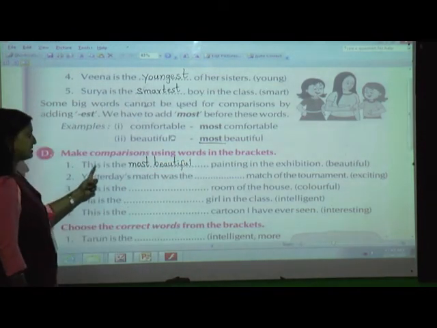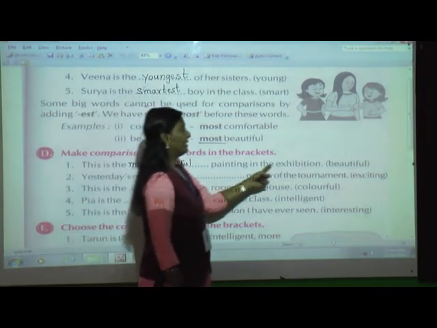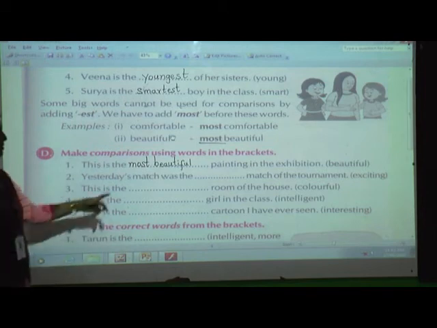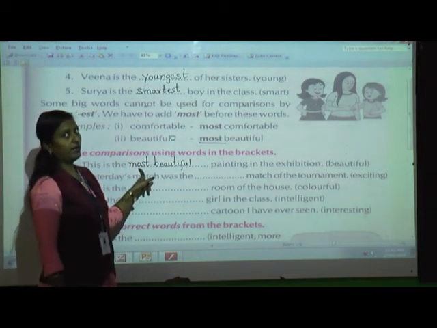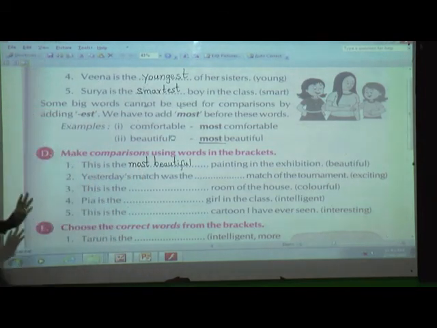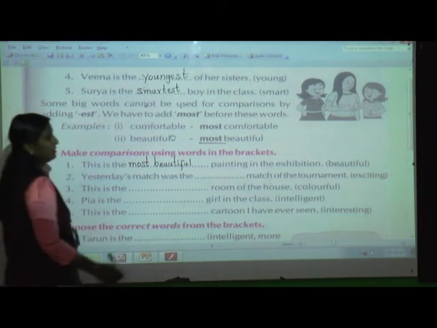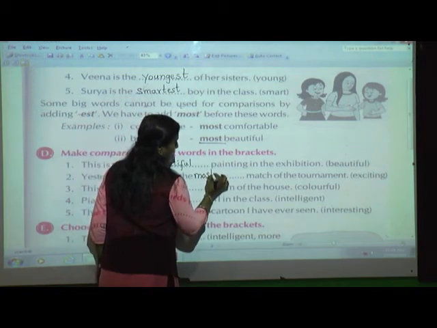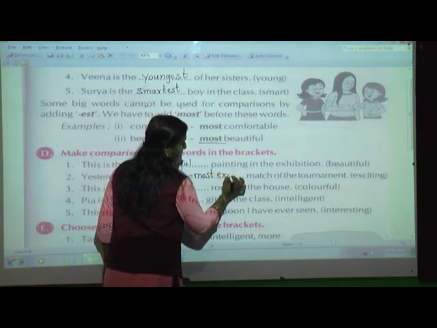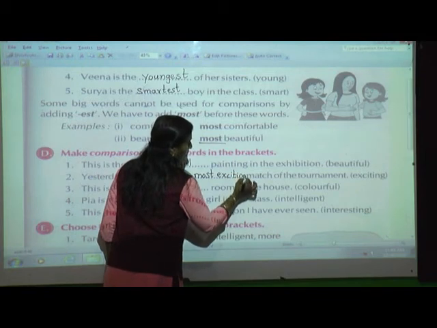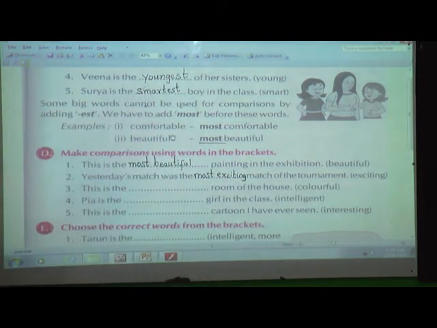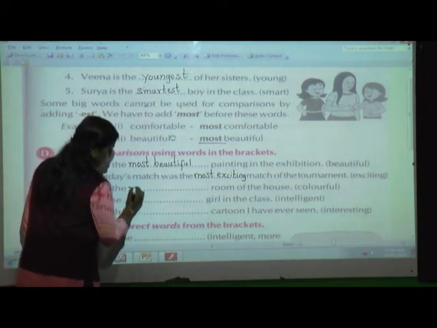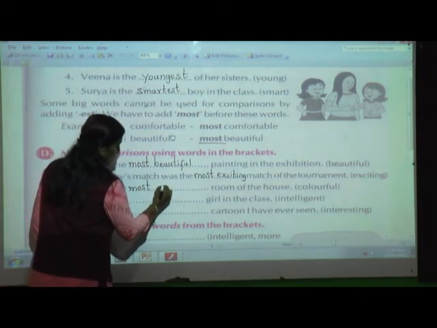So you can see, this is the dash painting in the exhibition. There are many paintings in the exhibition and only this one is the beautiful one. So what I am going to do? I am going to add most. Second, yesterday's match was the dash match of the tournament. So what again I am going to do? Most exciting. Only you have to add most. Next, this is the dash room of the house. Most